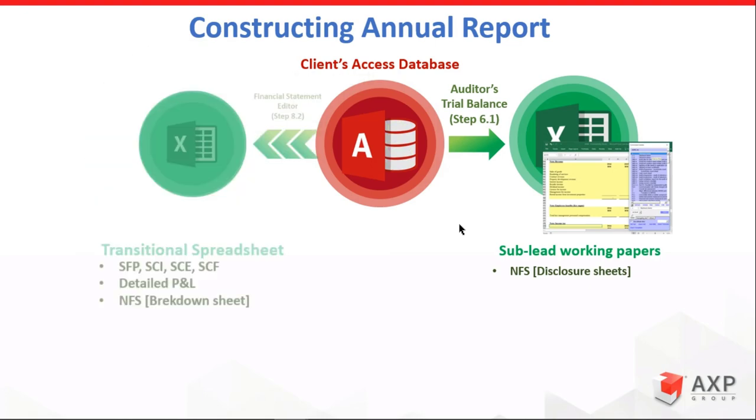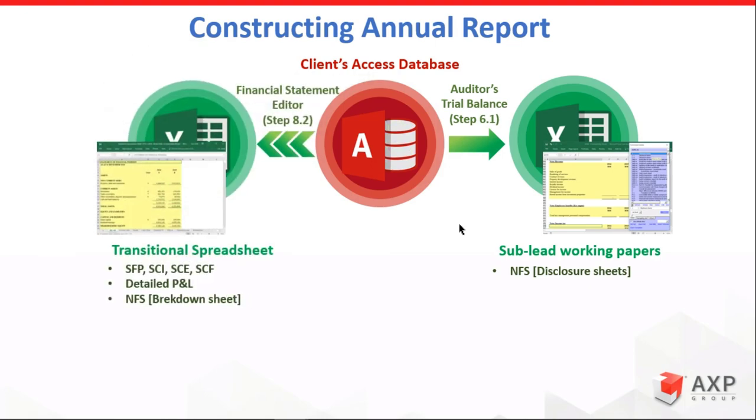Then we will go back to the software and finalize the transitional spreadsheet. In finalizing the transitional spreadsheet, usually you will need to check whether there is any error or mistake, or, let's say, in terms of presentation. This can be due to your account grouping, and also your presentation or the account sequence. So these are the fine-tuning that we need to do in this transitional spreadsheet. Once these two are done already,